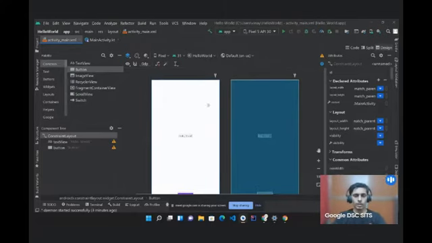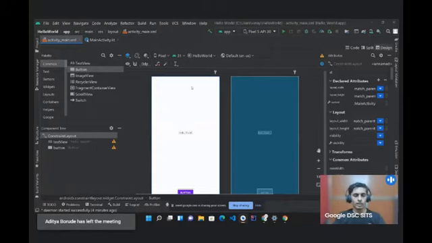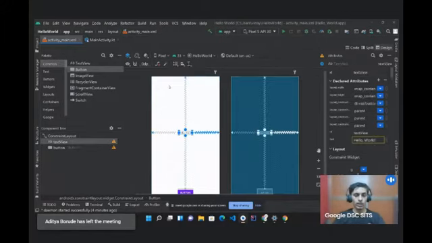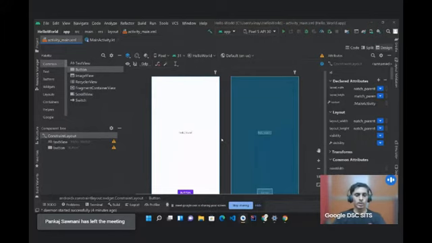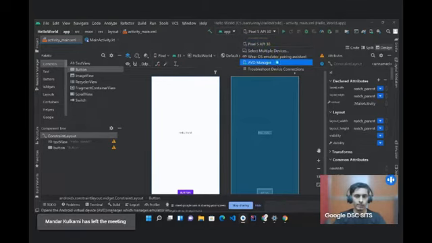So now let's talk about the Android virtual device. Android virtual device is a feature of Android Studio which allows you to test your applications without needing a physical Android device. For using Android virtual device, you will see an icon. You just click here and select AVD Manager.